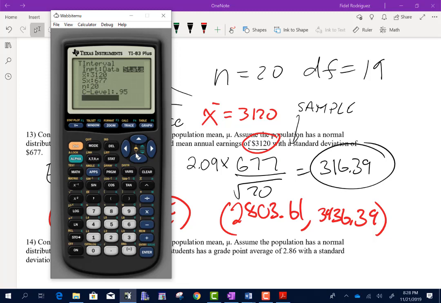That problem I did Z-interval and it was wrong, but because I was using the sigma, right? Okay, very good. So guys, you heard what she said, right? When she did this the first time, she didn't do t-interval. She actually ended up doing this one here. So look, if we do the same thing here and we put our sigma, suppose we were to do 677, everything else would have been the same, right? And we were to check our answers,